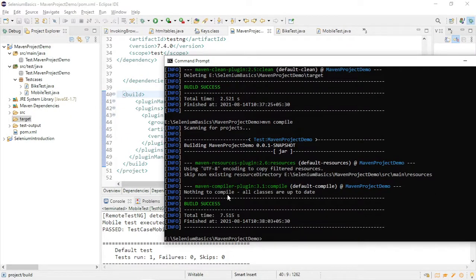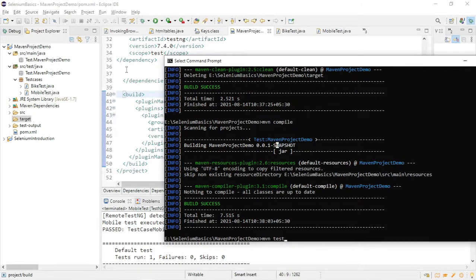So as of now, all the classes are up to date. Everything is success, right? Which means no error is present in our project. So basically, what happens when you type maven test, automatically first it will compile and then it will run. So this compile part is optional. If you give maven test, it will also run, right? So this part is clear to everyone. Okay, I hope it is clear.